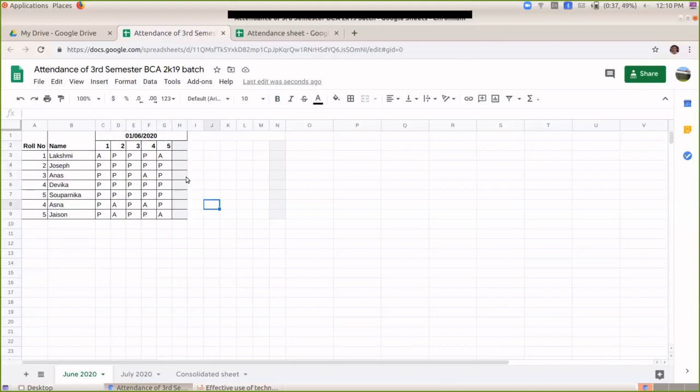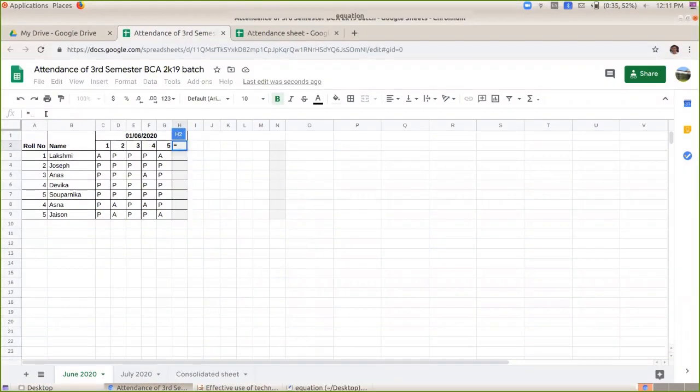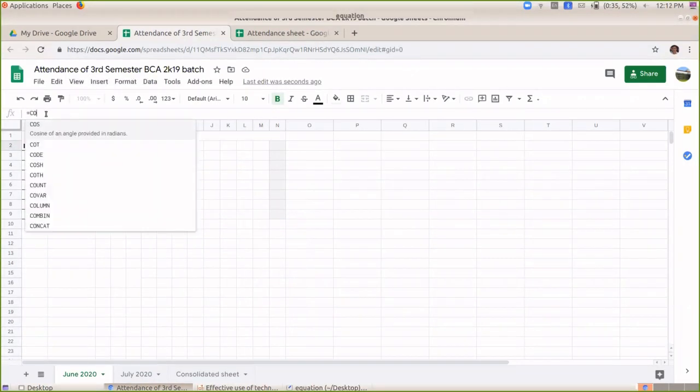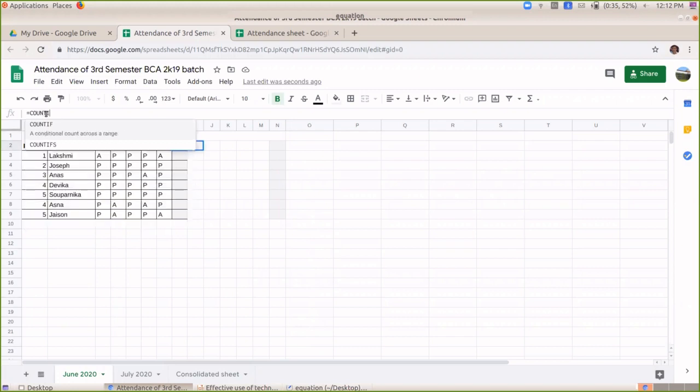So I want to calculate the total present. I want to calculate how many hours a particular student was present and how many hours were transacted in that day. So let's see, I need to print the total hours transacted. So how to do that? Here in the formula field, you have to write COUNTIF,